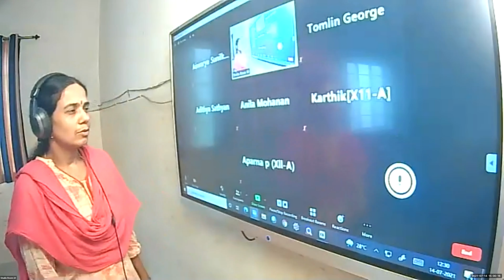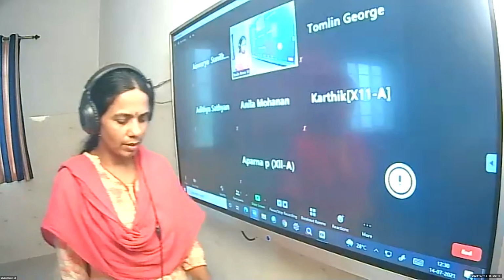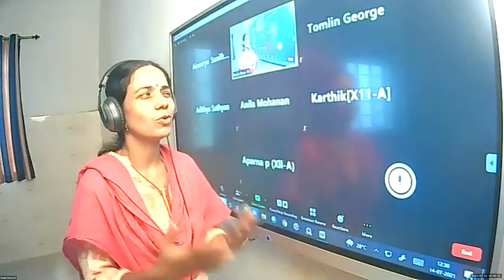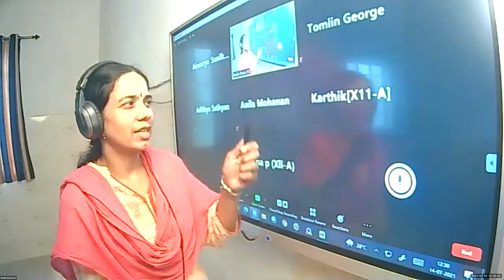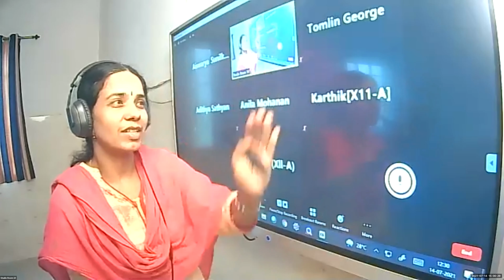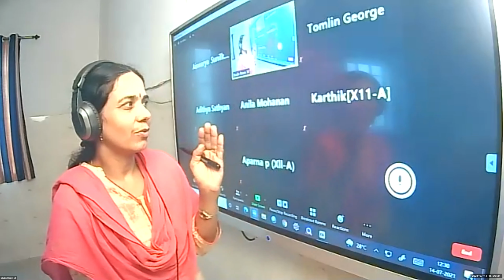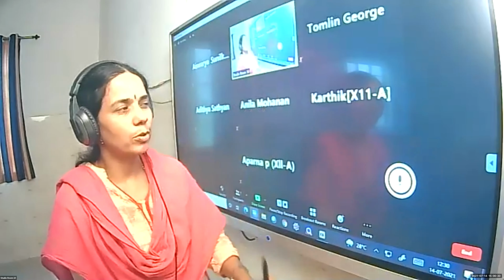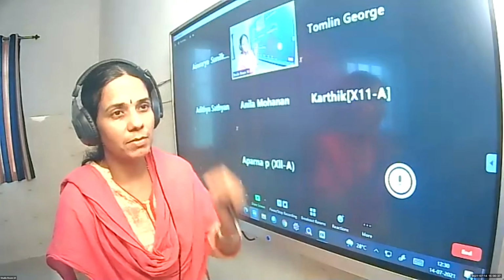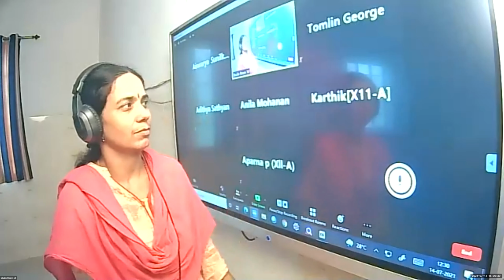Okay, children, is it clear? Is it okay? But I think Karthik, you can explain it a little more because even I got confused when I was finding f double dash of 1. Can you once again give all the main points? How to find the derivatives, how to find the maximum and minimum. Once again, just the main points.